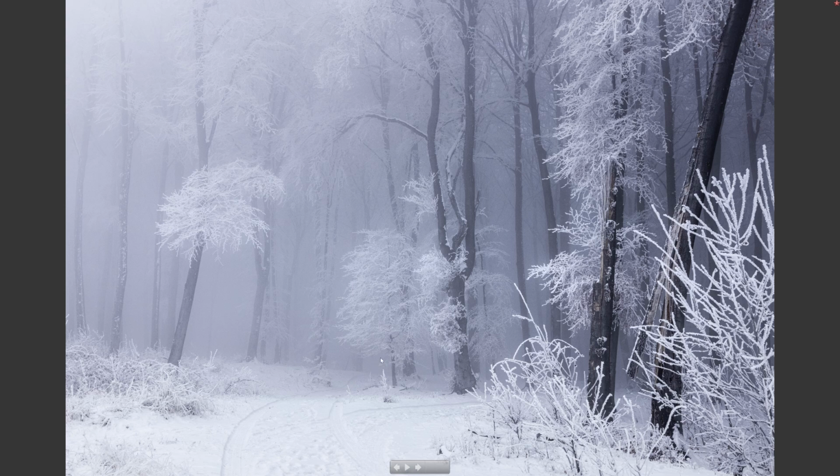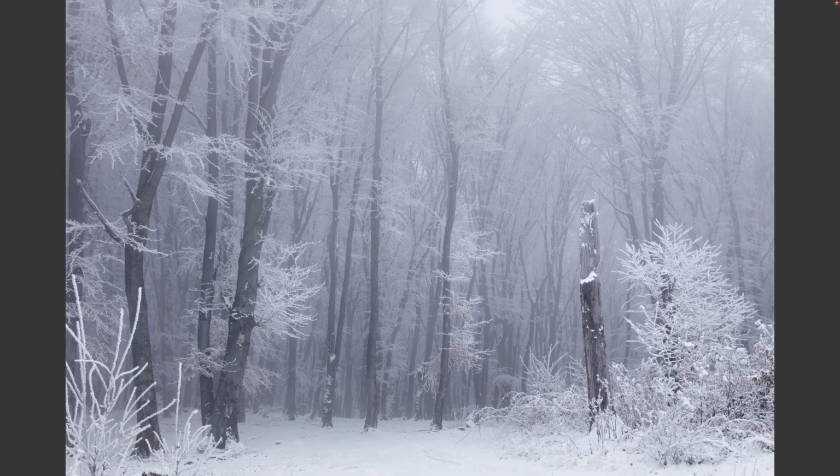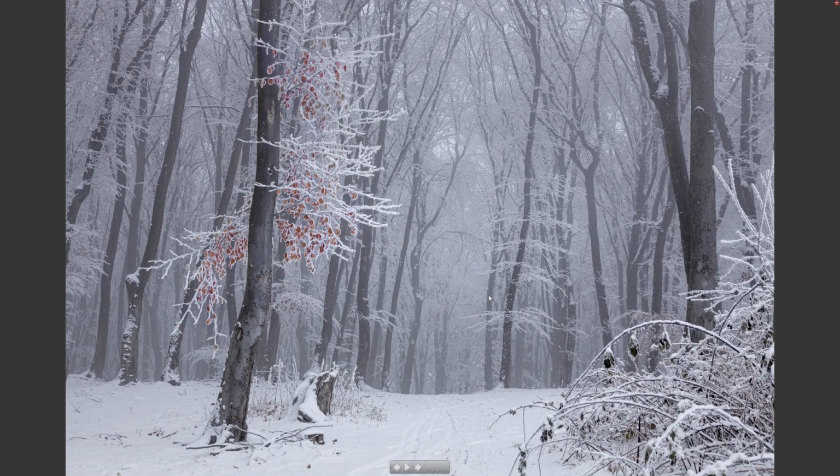This is the trail from where I came, and you can see the frost on the branches is absolutely spectacular. It's incredible looking. I don't think you can get better than this of photographing the forest in winter conditions. I think this is the maximum that you can get. Frost, snow, and fog. I think these are the perfect conditions. And as you can see, the images continue to depict that